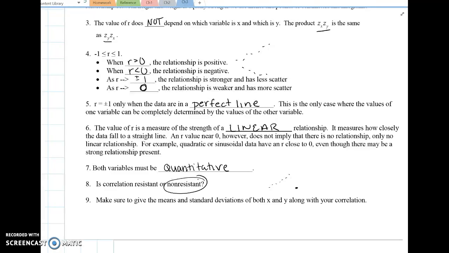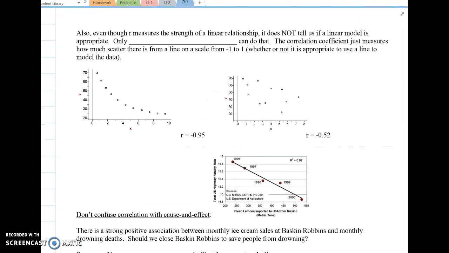So if you are doing correlation, you should be looking at standard deviations of x and y. That was talked about earlier. Even though r measures the strength of a linear relationship, it does not absolutely tell you if the linear model is appropriate. Okay, so when I come back on Monday, you should be looking at residual plots. And those are what are going to tell us